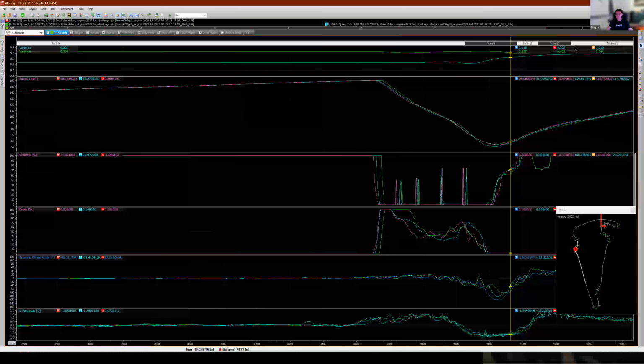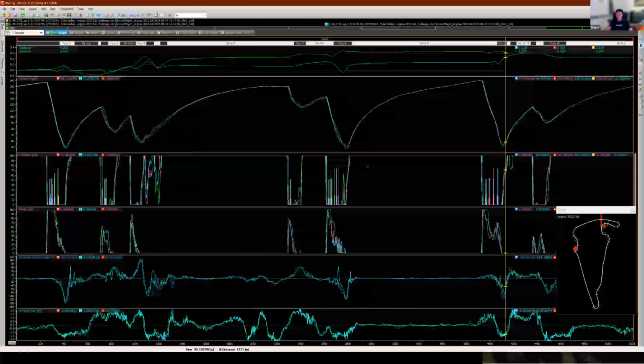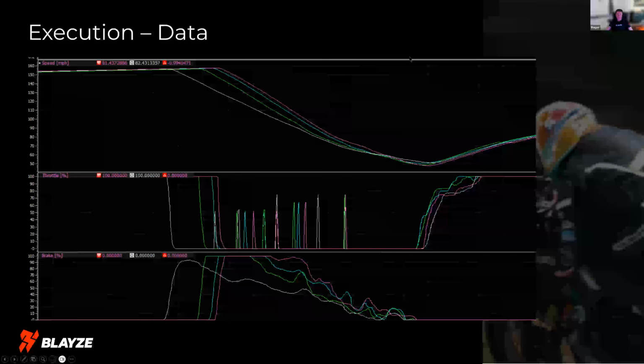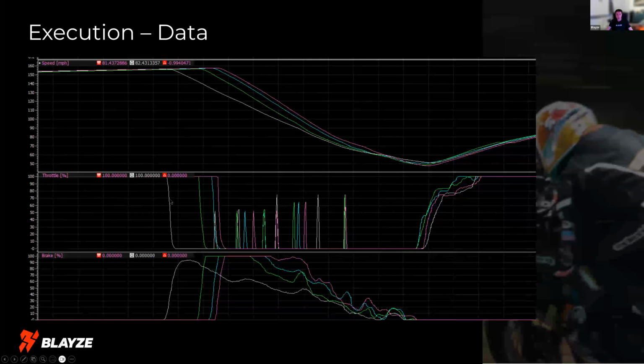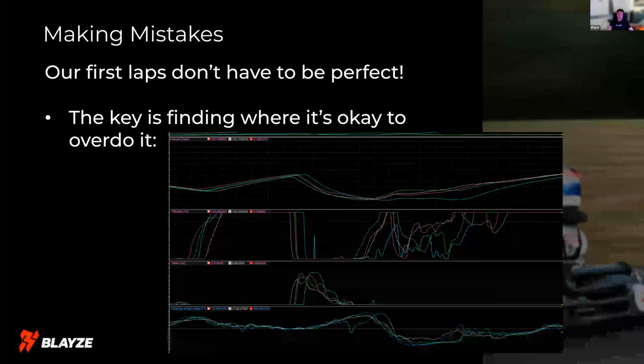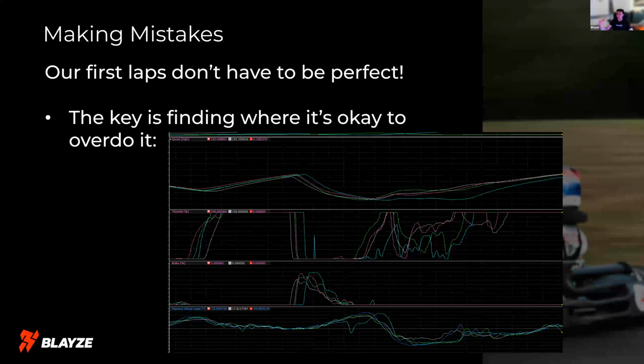So in terms of differentials, there was one more thing I wanted to touch on, at least on the presentation side, and we'll correlate that back to some data. It's making mistakes. We touched on it in turn 4 briefly, but my first laps out on track, even on the data here, if you look at the lap times, the sequence of them is not perfect. I'm still taking chunks at a time, lap after lap, but if I want to find the limits of the car and the limits of the boundaries, it's okay to push past that a little